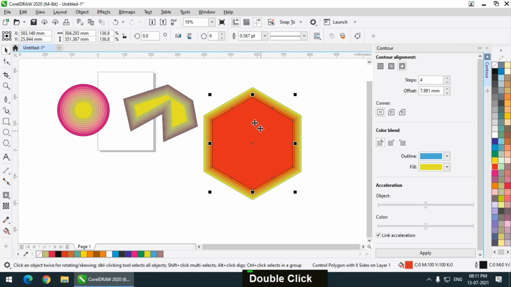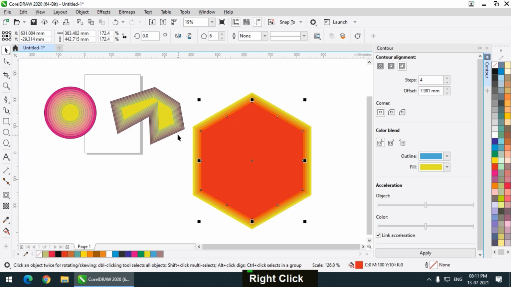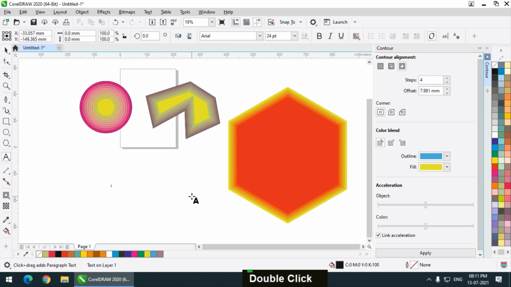So these are very useful properties. You can use contour options on any shape, but mostly it is very useful on text to create some really nice, attractive effects.